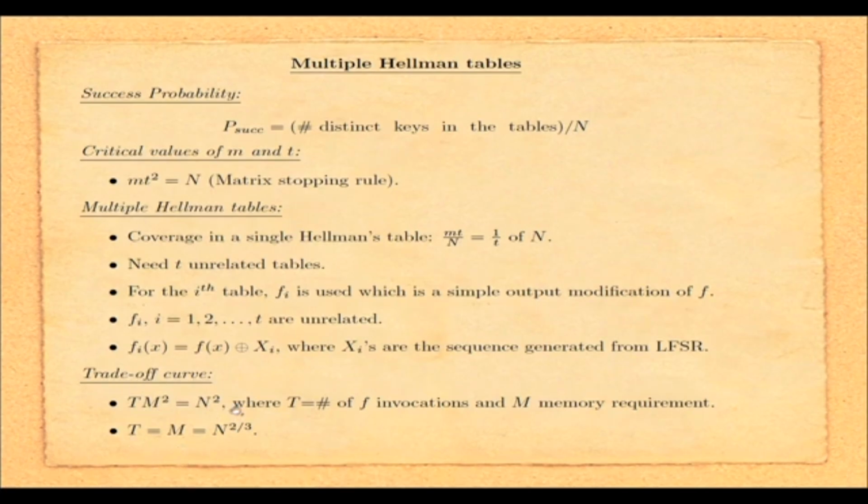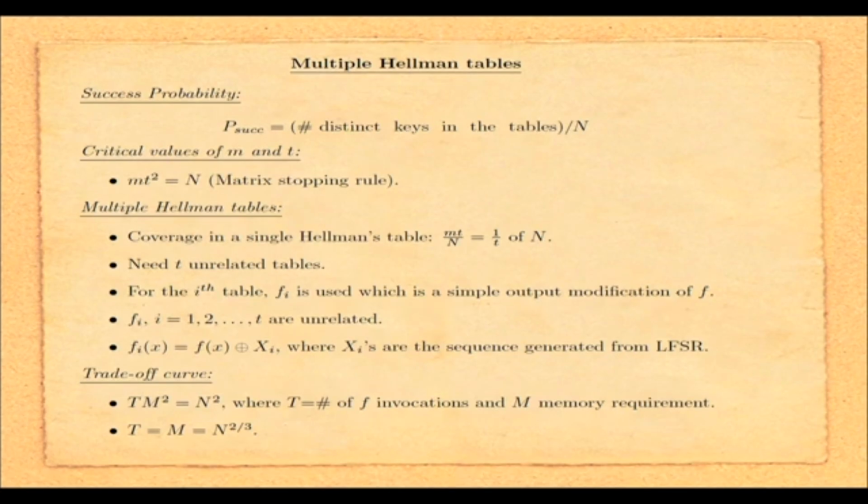Now, if we choose t equal to m, so if time and memory are the same, then we have t m square equal to n to the power 2 by 3. So, this is the time which is very reasonable. Okay. So, this is basically,